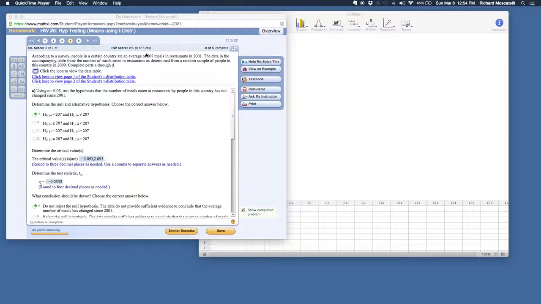What they do is they just give you a data table, like for this question here regarding the average number of meals that people have had in restaurants. Instead of saying, hey, there were 50 pieces of data, and here's the sample mean and the standard deviation, perform the hypothesis test, it says, we performed the survey, and here's the data. When you click on this little icon right here,